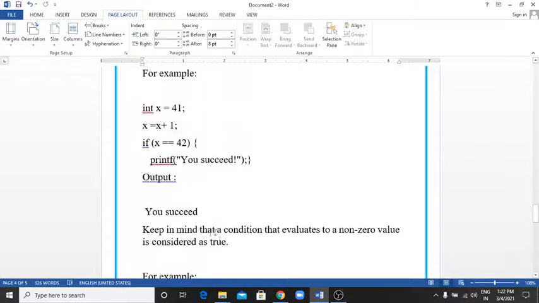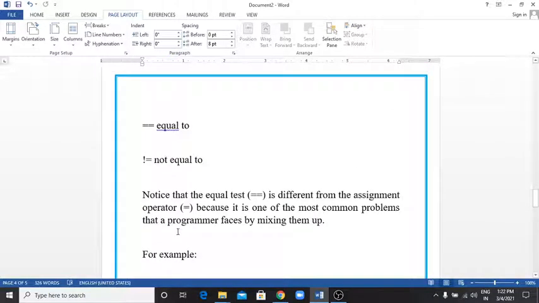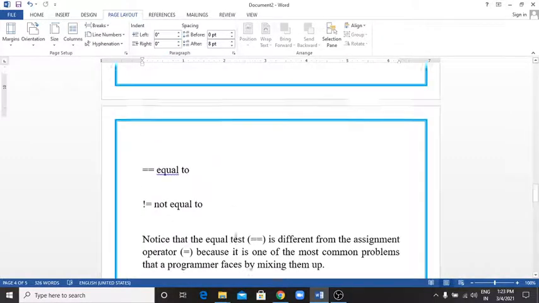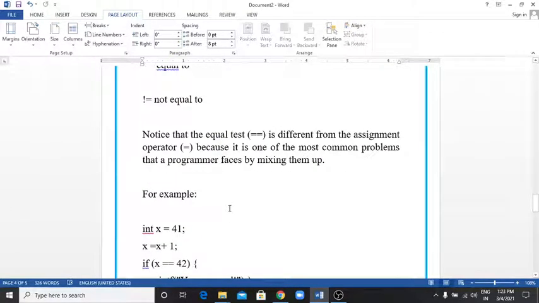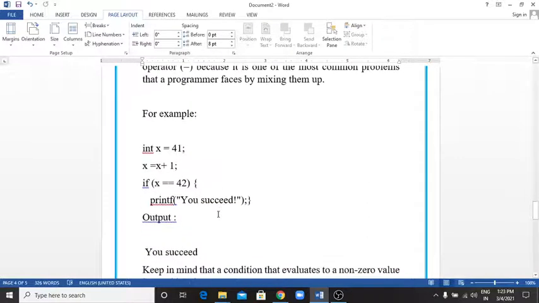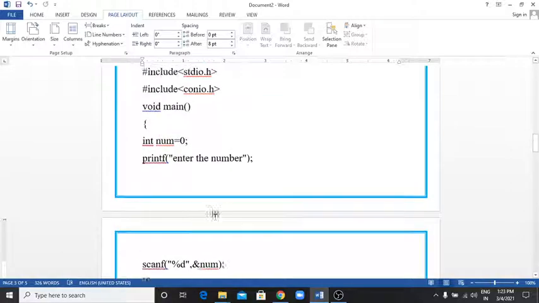So friend, we use the relational operator for checking the condition in the if statement, and more than one expression can be joined with the help of logical OR in that way. So in the if-else statement or if statement, we can use the relational operator for checking the condition, that means when we write the test expression, then we obviously use the relational operators in C. So friend, this is the concept of the if-else statement. Hope you understood today's lecture. If you have any query, then ask me.